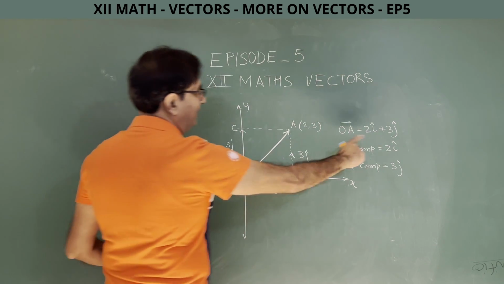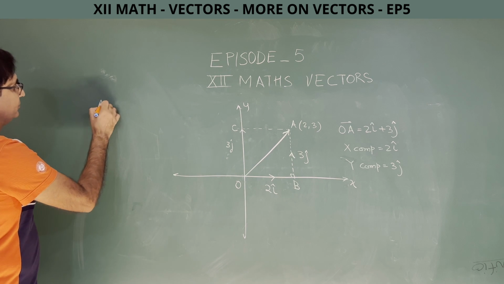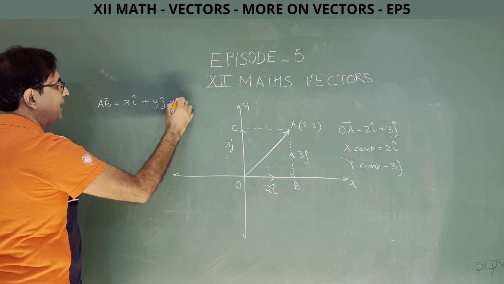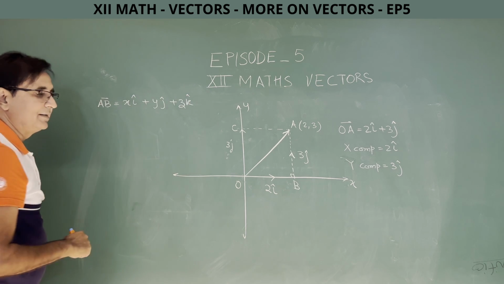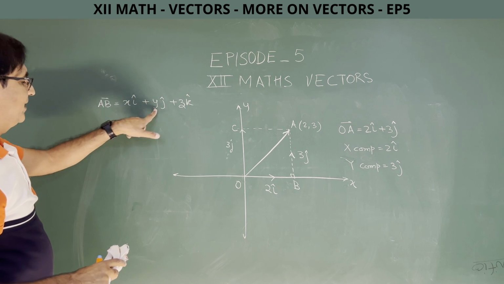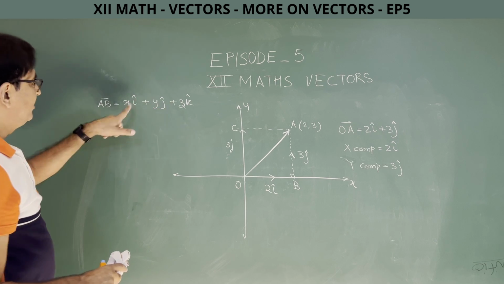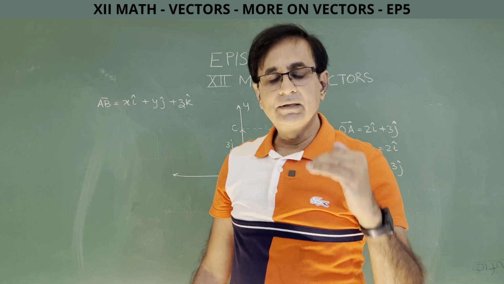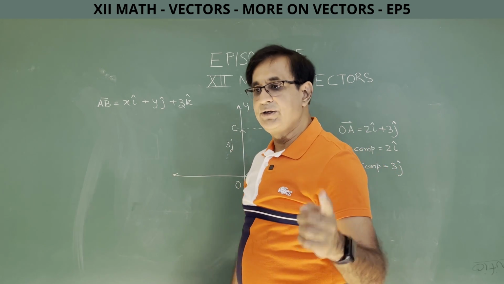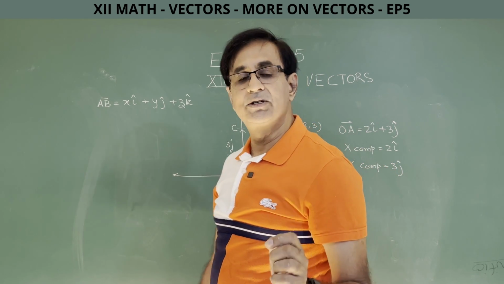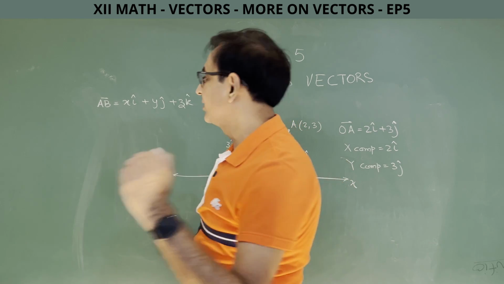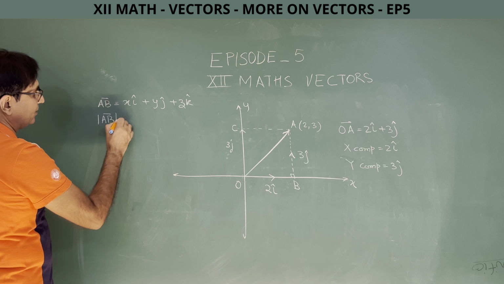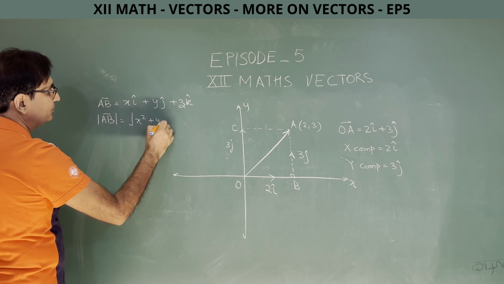So, when you express a vector in terms of ijk, again I will tell you xi plus yj, I am wrapping it up and then we will start numericals. Every vector is expressed in terms of ijk. When the vector is expressed in terms of i, j and k, very cleverly two pieces of information are hidden in it: its magnitude and its direction. Direction is still a mystery. I have not yet told you how to find the direction of a vector expressed in terms of i, j, k, but I have already told you how to find the magnitude of the vector expressed in terms of i, j and k,